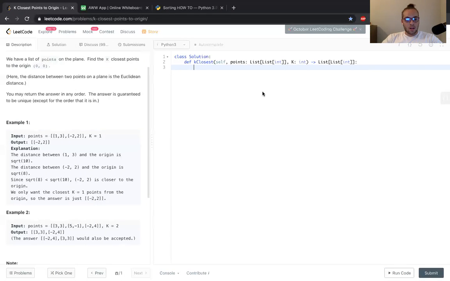So let's check this out now. What am I going to write? That's a good question. I'm going to say for index in range, the length of points. So what I want to do is go to each point and find out its distance, right? So we're going to say distance equals